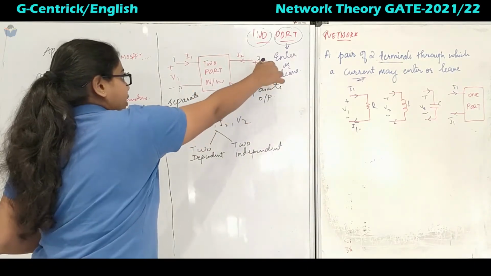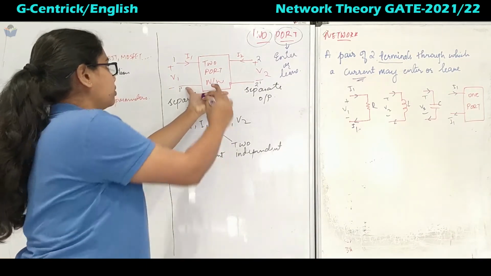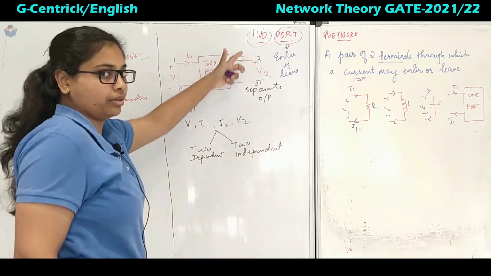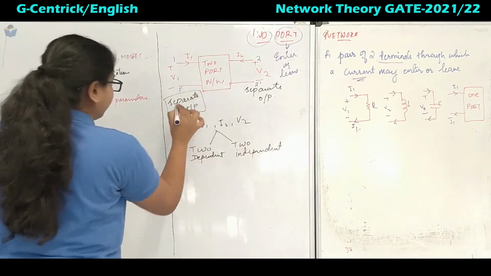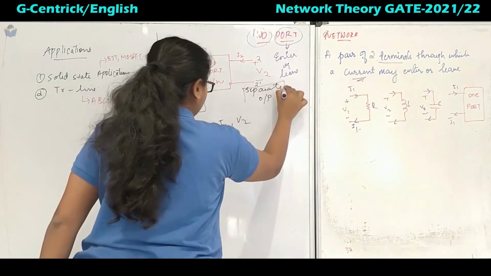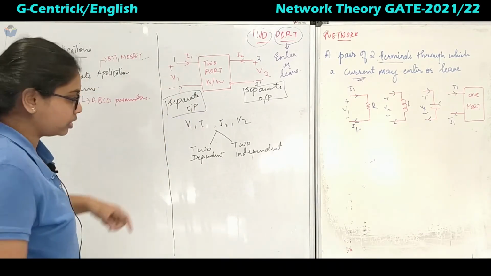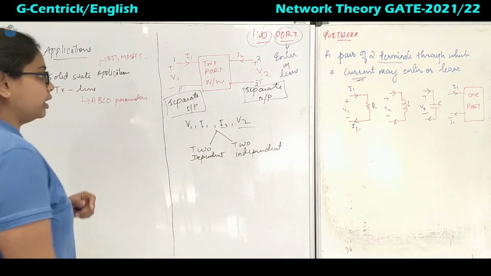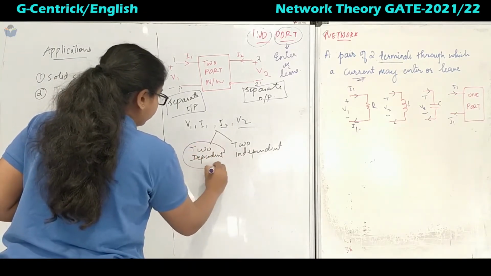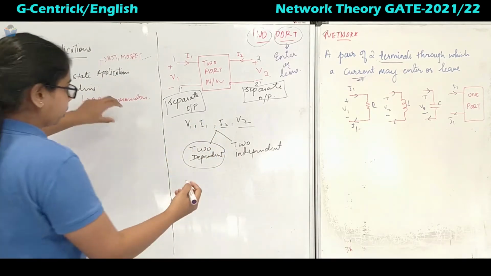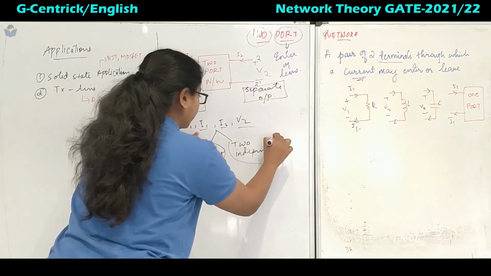Plus minus V2. So this is another pair of terminals, 2 and 2 dash. These two pairs of terminals, where current is entering and leaving, are two different ports. There will be a separate input and a separate output. So now these are the quantities: V1, I1 are the input terminal quantities, and I2 and V2 are the output terminal quantities. Here we now have two dependent quantities, let that be like I1 and I2, and two independent quantities.